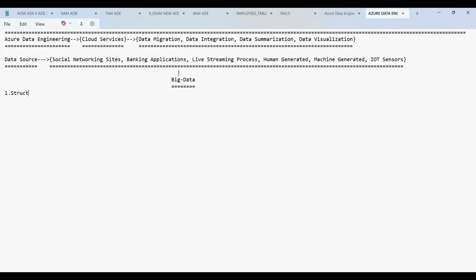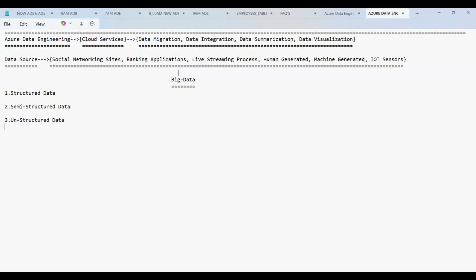And this is classified into structured data, the second one semi-structured data, and the third one unstructured data. Structured, semi-structured, and unstructured.